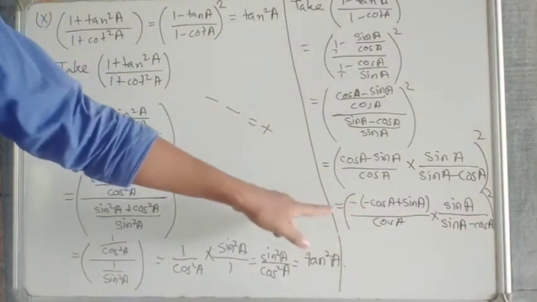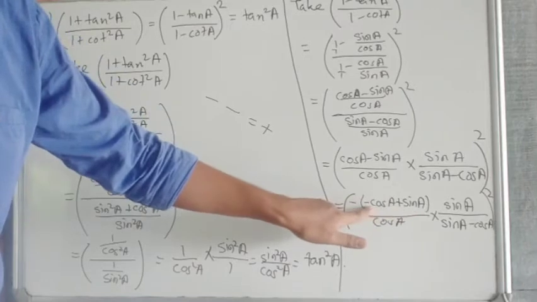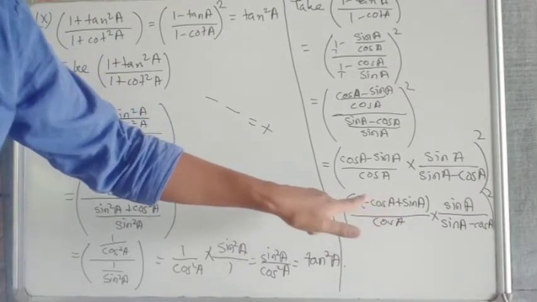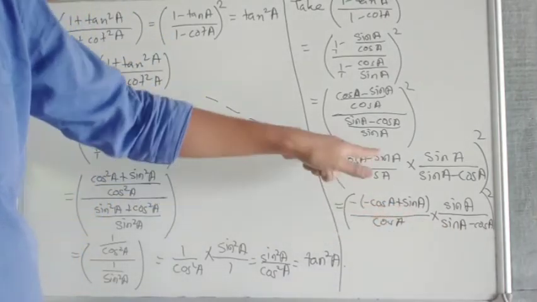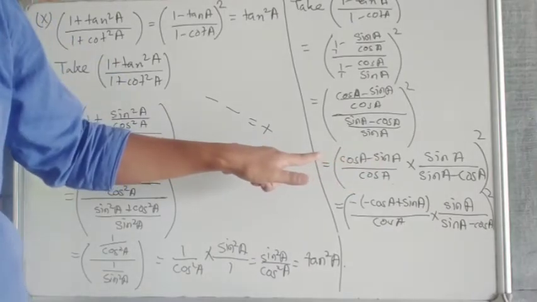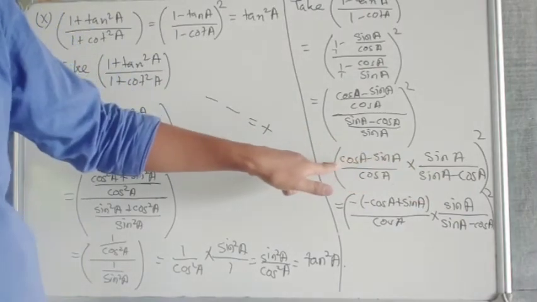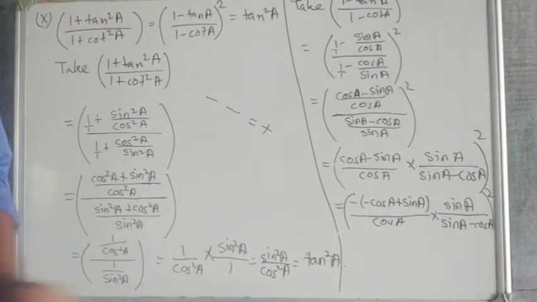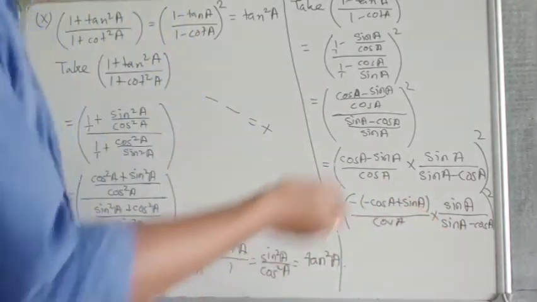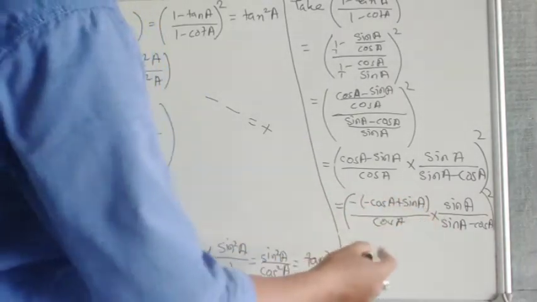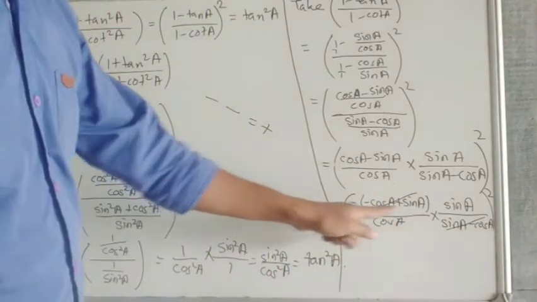Why I did that: to make this one the same. Just see, this is sin A minus cos A, and this one also has now become sin A minus cos A. To make them the same, I did this. Earlier it was minus sin A plus cos A. If I compare with this one, it is sin A minus cos A, while that was minus sin A plus cos A. So the sign difference was there. To make them the same, I did this. Now either you can cut here, or you can write the next step where you write sin A minus cos A. So I'll cut here only. This cuts with this one. Is it clear how this one is similar?